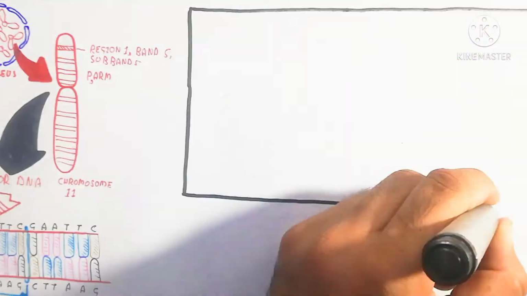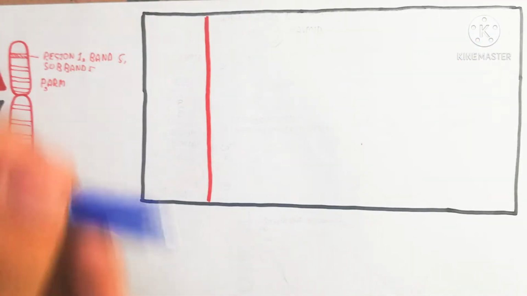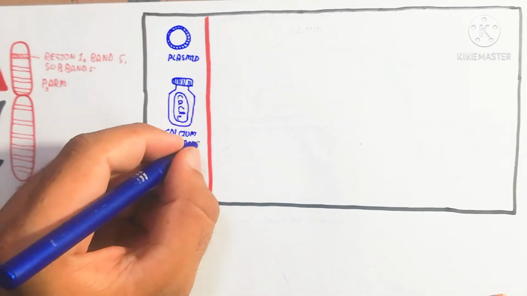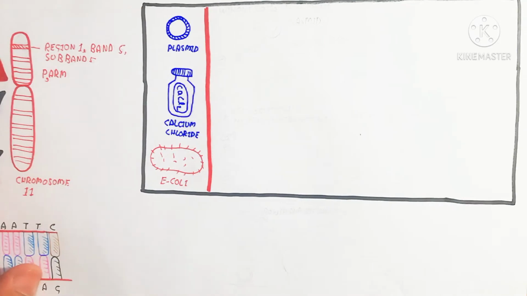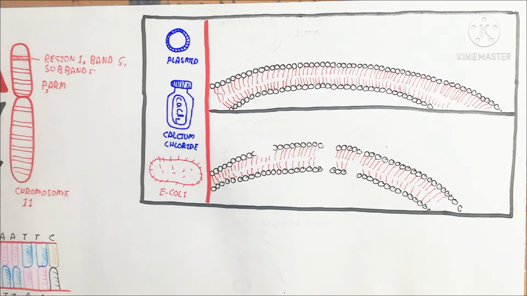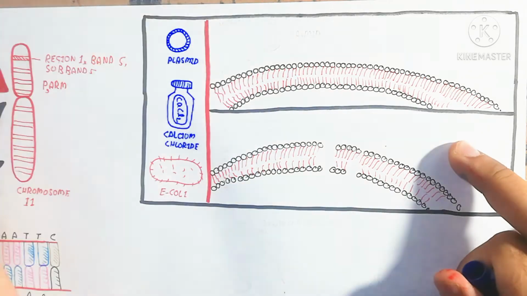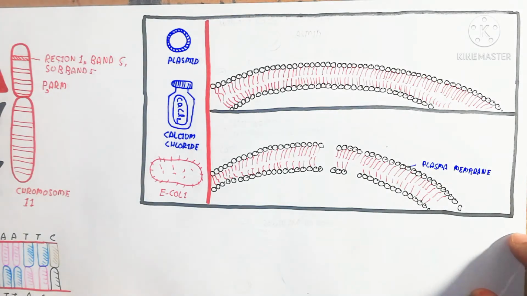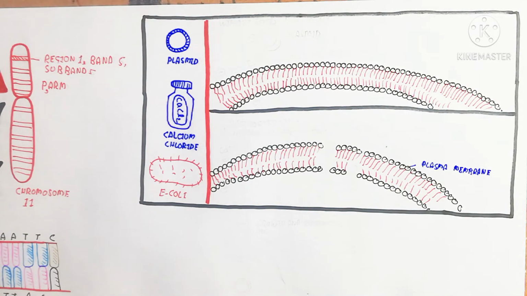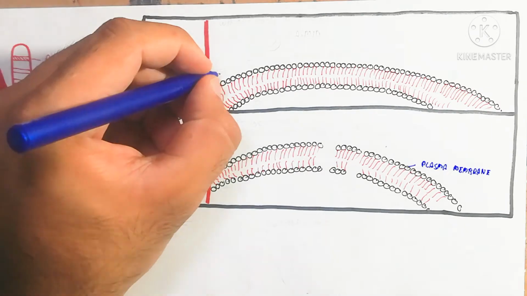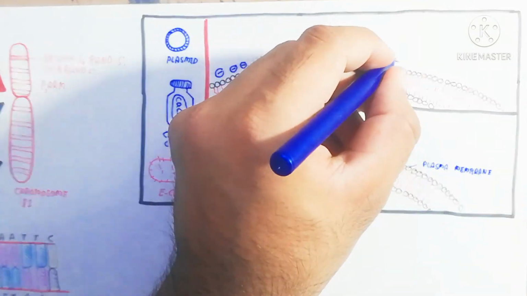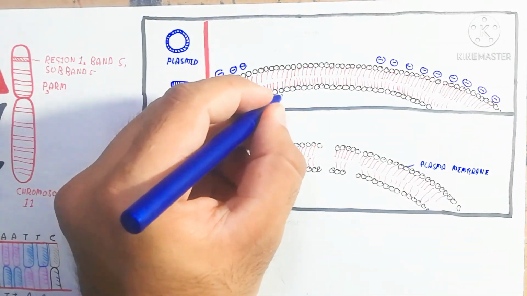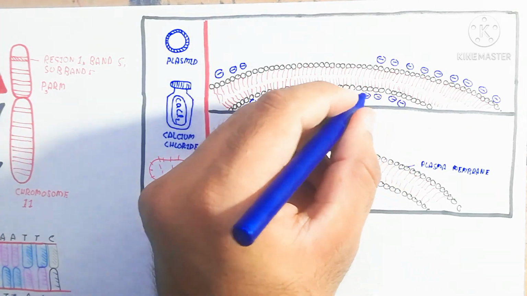This recombinant DNA molecule is a plasmid containing the desired gene of interest. That is the recombinant plasmid, and this plasmid will be inserted into the bacteria to produce copies of the plasmid as a recombinant genome. It will also produce substances, for example insulin, and insulin will be separated in industry and packed to provide to diabetic persons. So here are the plasmid, calcium chloride, and E. coli used for it.